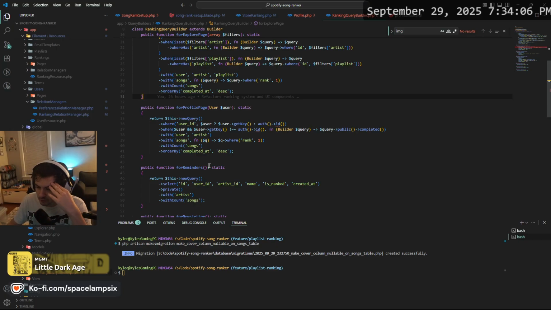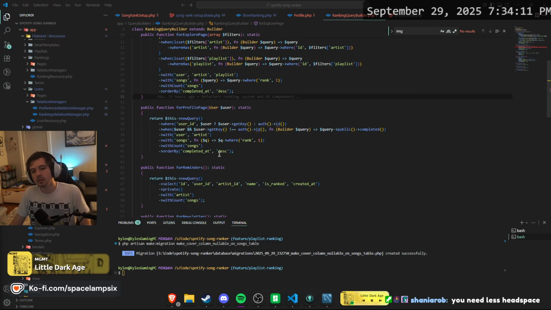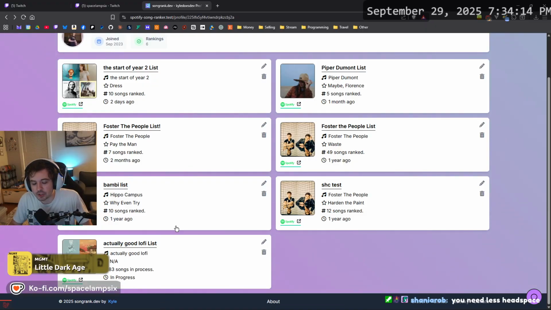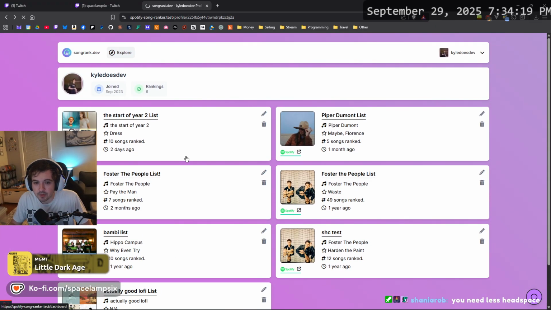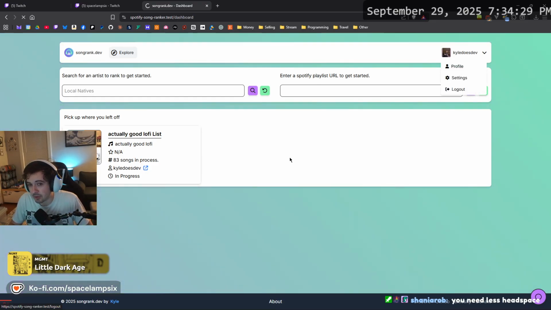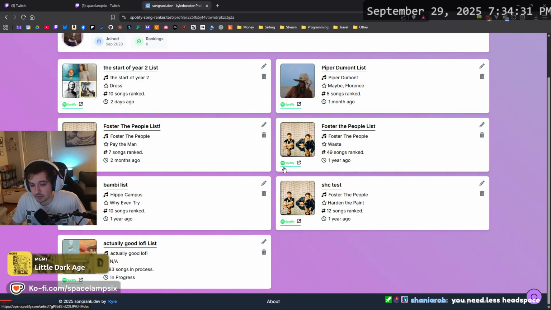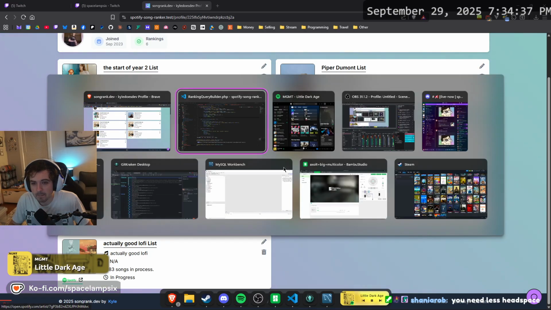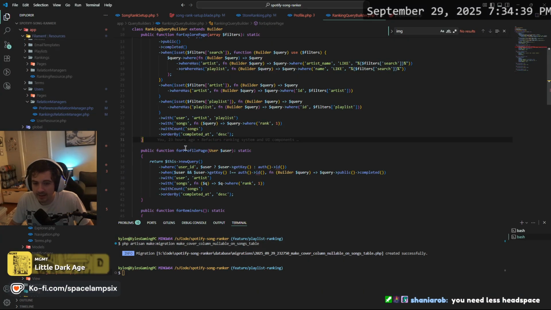Maybe I should have a section for in process. No. This is a good question. Do I put rankings that are in progress here? I guess I do, because if I put them on the dashboard, it's not editable or deletable there. I could turn that on and maybe not put them on the profile. Maybe that's what I do first. I order by completed at where completed at is null first.